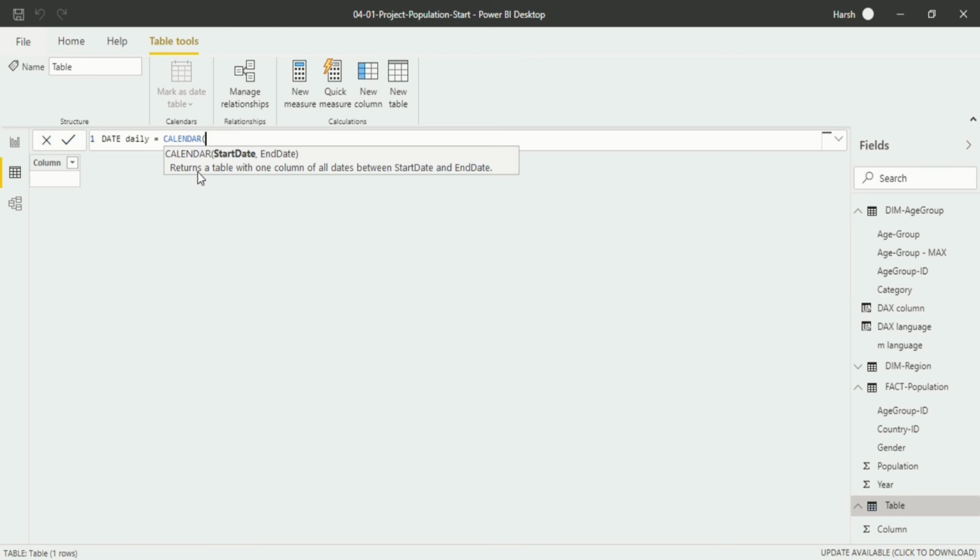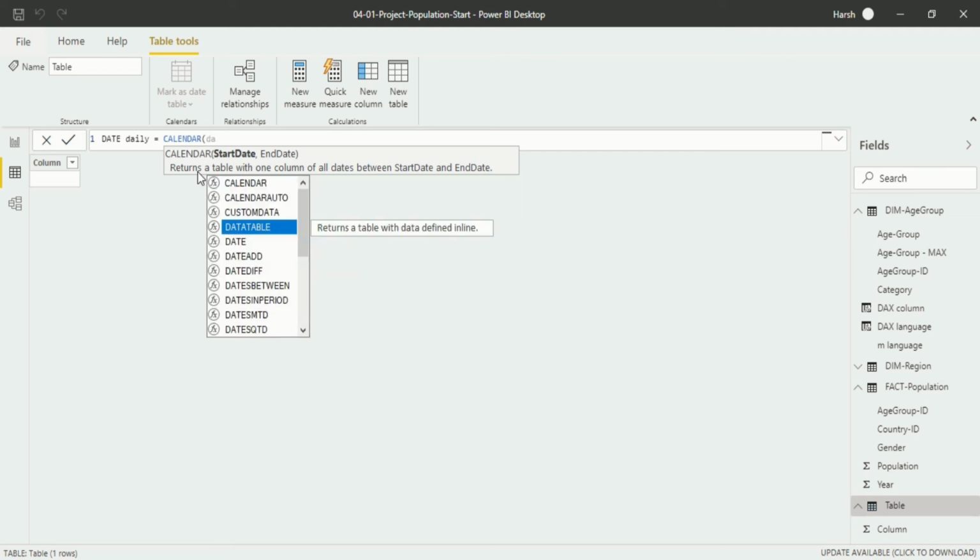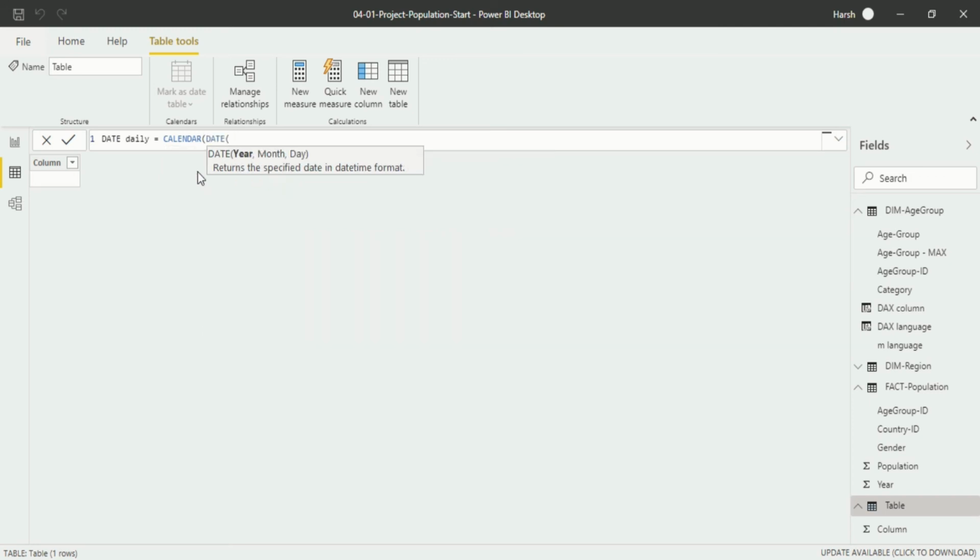Now I have to write a start date. So before writing a start date, I have to write a formula for date itself. So when I type DA, there are things available to me. I will use DATE because I want to write a date. After that, using the cursor, go to DATE and click on Tab, so DATE will be written.